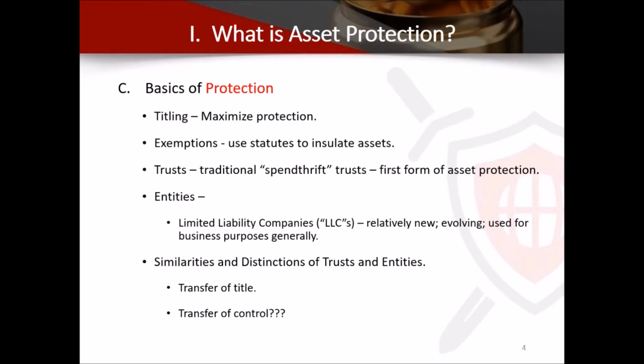Exemptions. Certain assets are just exempt. In New York, you've got an exemption on life insurance. In Florida, we have an exemption on, for instance, life insurance, the homestead, and a number of different annuity exemptions. With these assets, it's not a titling issue. It's not an LLC or trust. It's there. You just can't get them. 401k, this kind of thing. You have to be very careful to satisfy the exemption. For instance, in Florida, if the owner of a life insurance policy is sued, you can still lose the life insurance policy. Only the insured, creditors of the insured, are blocked.